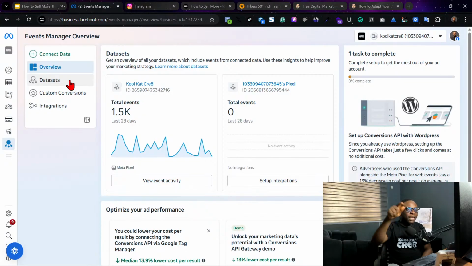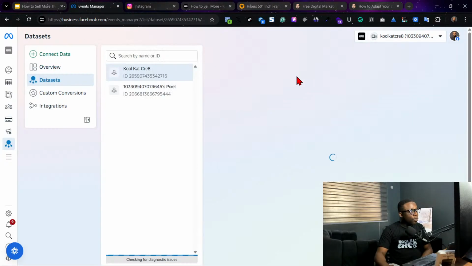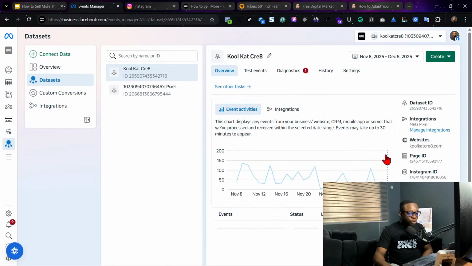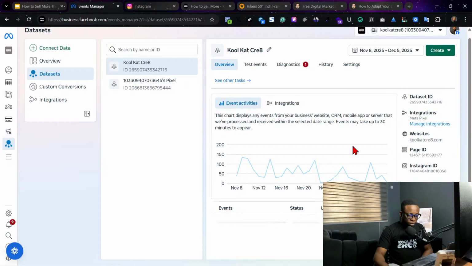That is why I prefer a lead generation campaign or a purchase generation campaign, especially when you don't have money, to an engagement campaign, because Facebook will give you what you want. If you want followers, Facebook will give you followers. If you want people to view your page, Facebook will give people to view your page, but they may end up not buying from you. So Facebook gives you exactly what you want.